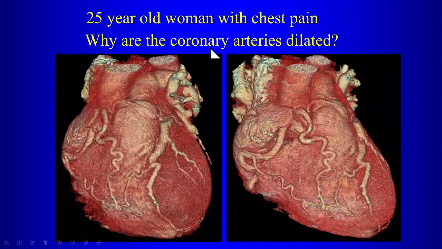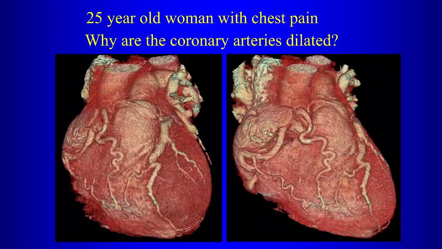So you could see the coronary arteries are dilated, right? By the way, what is this guy? See that guy? Yeah, that's the conus, and it's going to where? The LAD, right, so we call that the circle of Vieussens. So you can actually see a collateral there in this particular case. All right, so